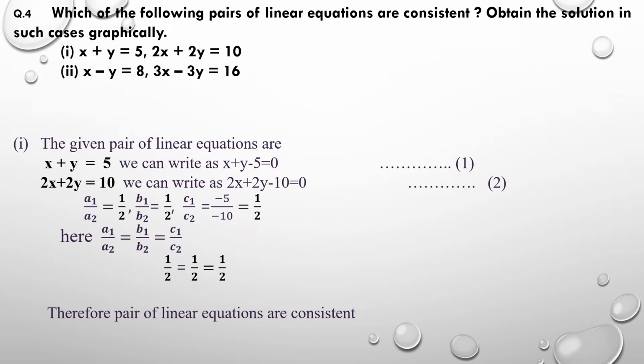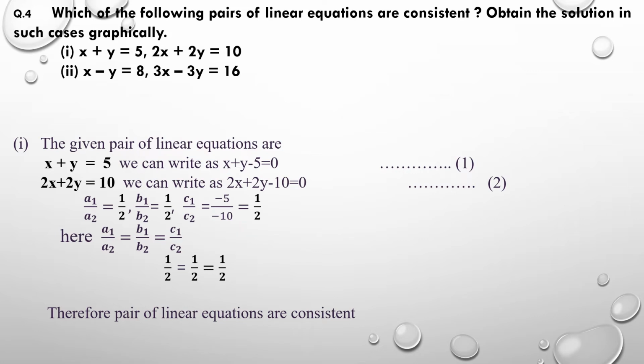So x plus y equal to 5 we can write as x plus y minus 5 equal to 0, and 2x plus 2y equal to 10 in the standard form is 2x plus 2y minus 10 equal to 0. Now after writing in the standard form, here we need to find the ratios of coefficients of these two